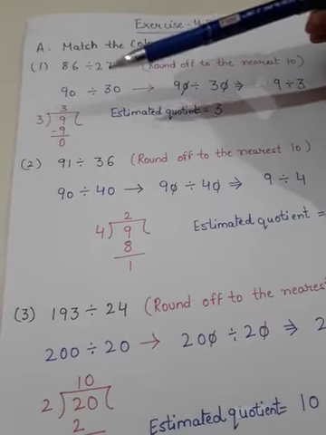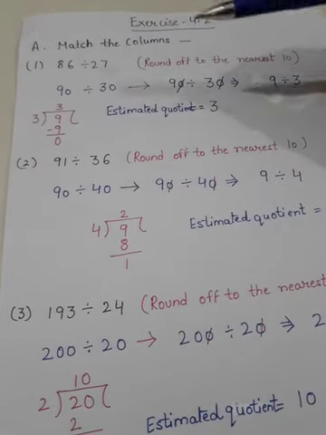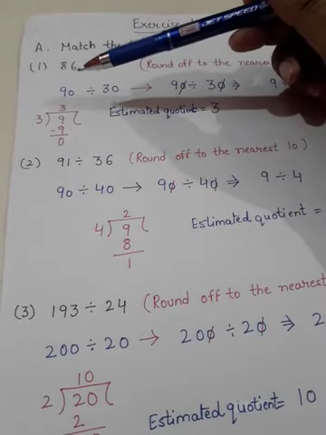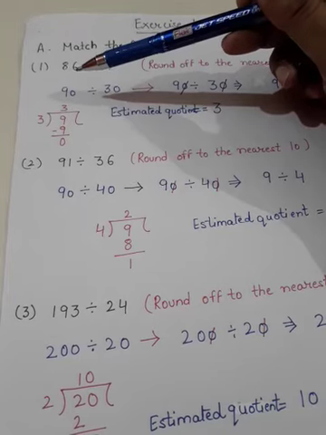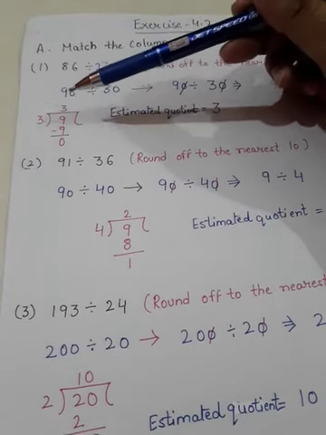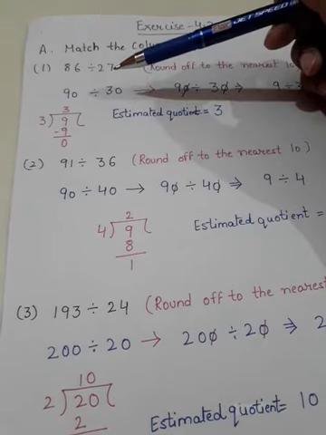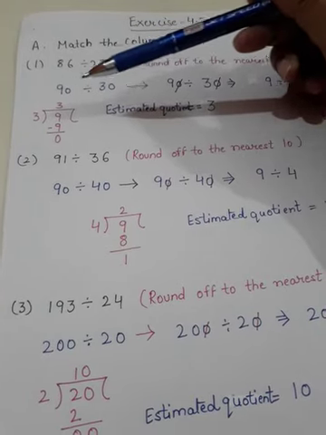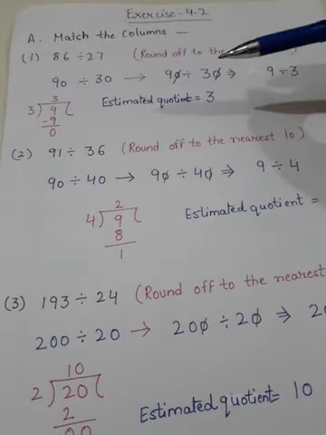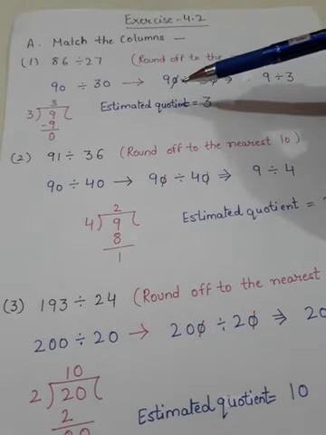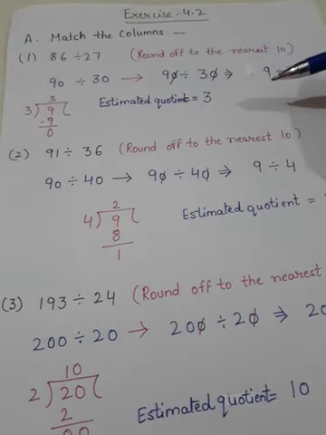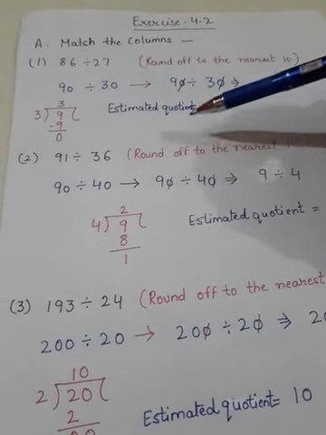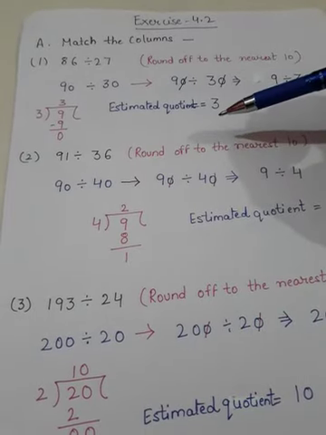You can see the divisor is a 2-digit number, so we will round off to the nearest 10. So 86, when you round off, 6 is greater than 5, so what will be the change? 8 will increase by 1 and 6 becomes 0, so this is 90. Now here also 7 is greater than 5, so it becomes 0 and 2 plus 1 is 3. You know this method of how to round off. So 90 divided by 30. Now the second step is to cancel the zeros, both have 0 in the ones place, so cancel. What is left now? 9 divided by 3. Now divide, 3 3s are 9, so 3 is our estimated quotient, right. 3 is the estimated quotient.